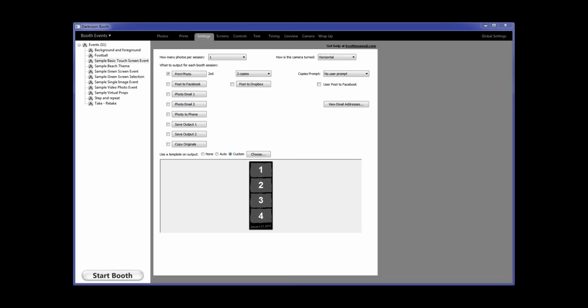To begin with, if you look at your screen, you'll see the opening settings screen in Darkroom Booth. And let's start with Facebook. So I have created a generic screen that we're going to use for this particular purpose and an event. And to start with, there's two different ways that you can post images to Facebook, depending on your needs,